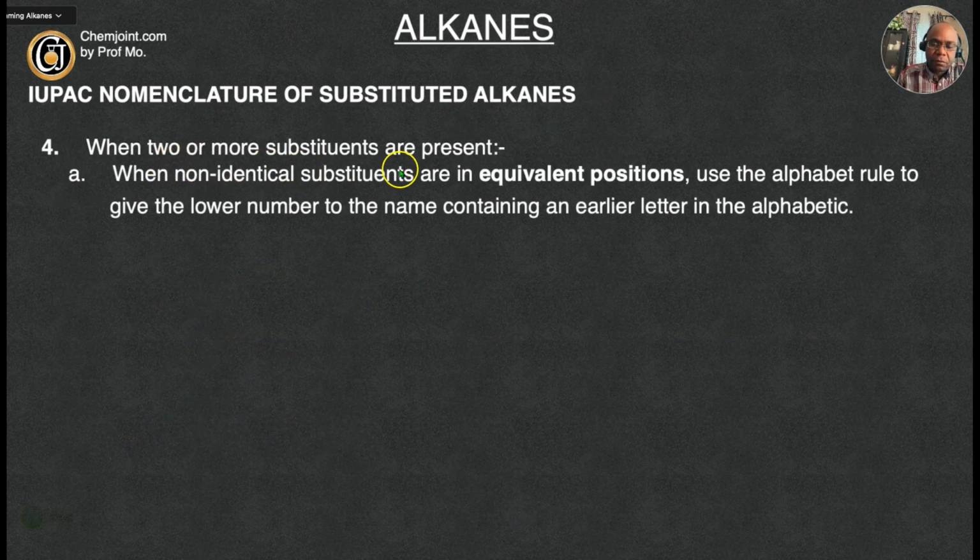Sometimes you have 2 or more substituents present. When they are non-identical and they are at equivalent positions from whichever direction of numbering, you want to use the next protocol, which is the alphabet rule. Give the lower number to the name containing an earlier letter in the alphabet. Example, let's assume that you have this structure. Okay, let's assume you have that structure and that you have